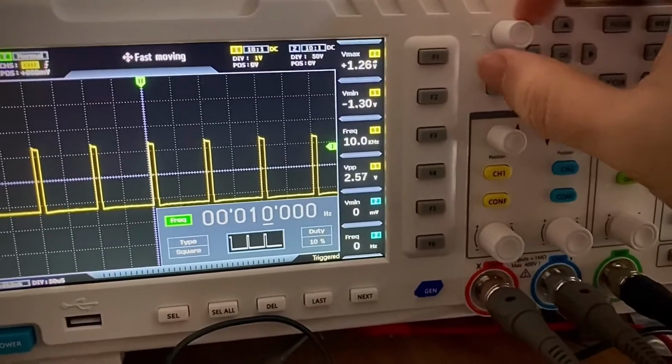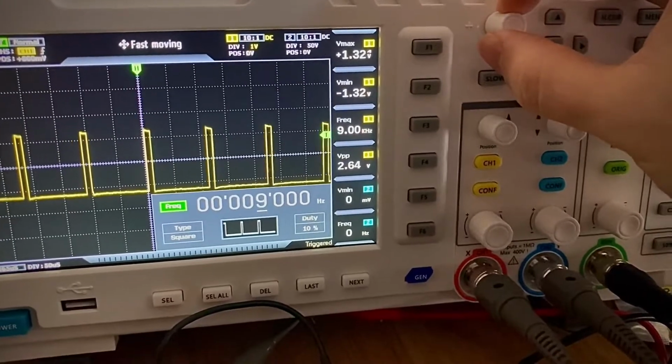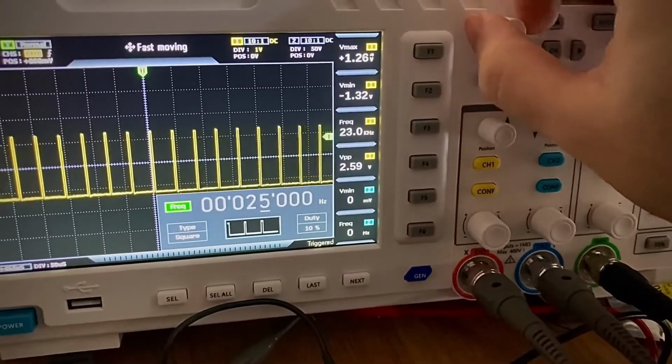Okay, and that's the thing I like. It actually can do math, so you can just change to 9. You don't need to change to 0 and then change to 9. You can just go and change to the frequency you want. You can also